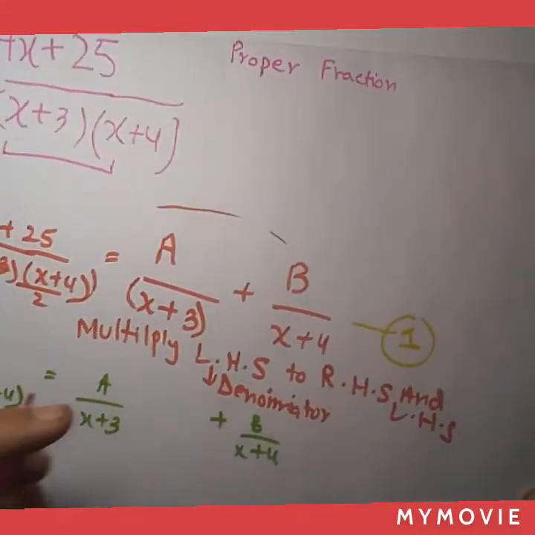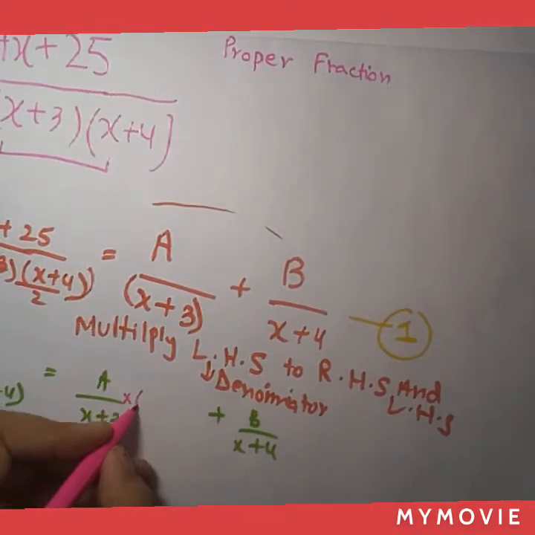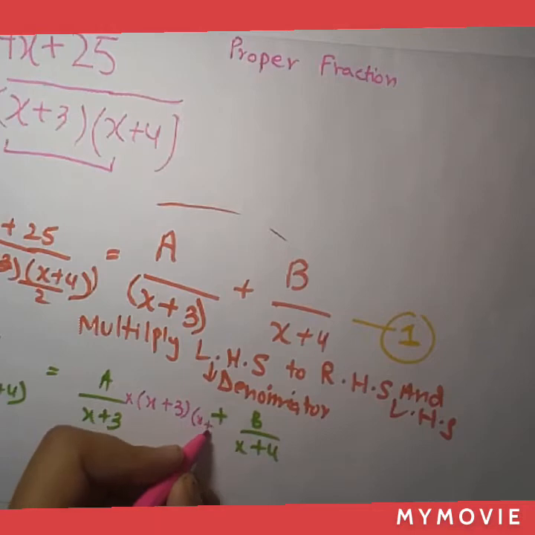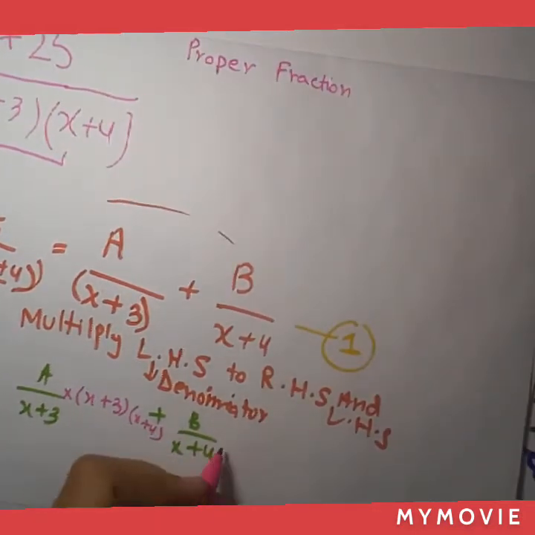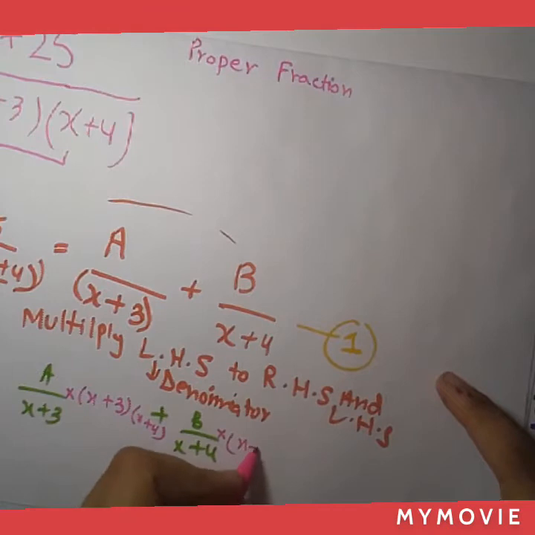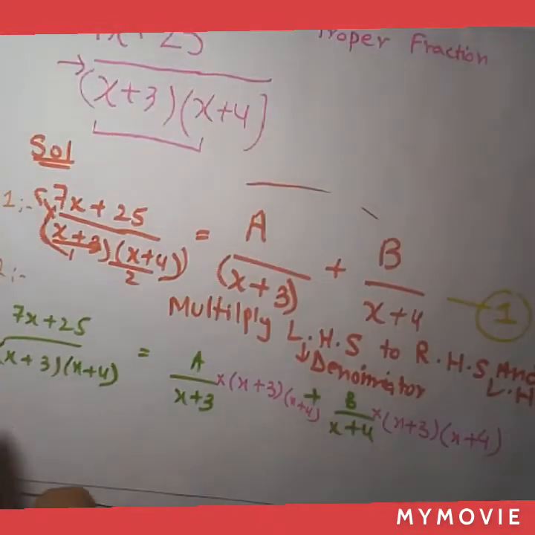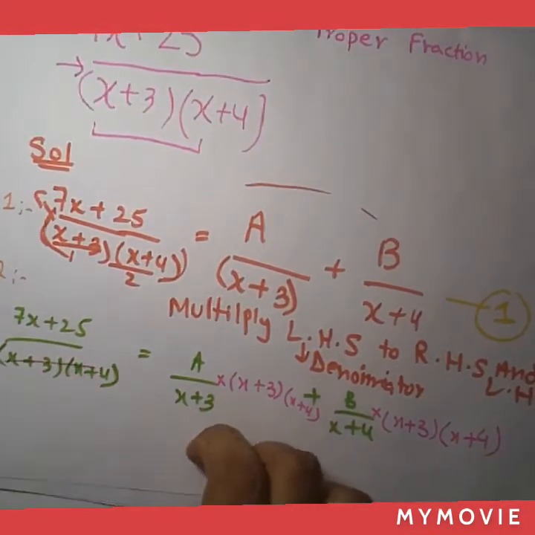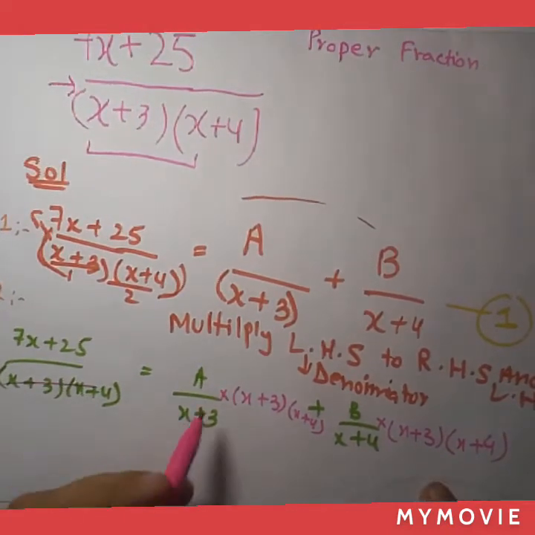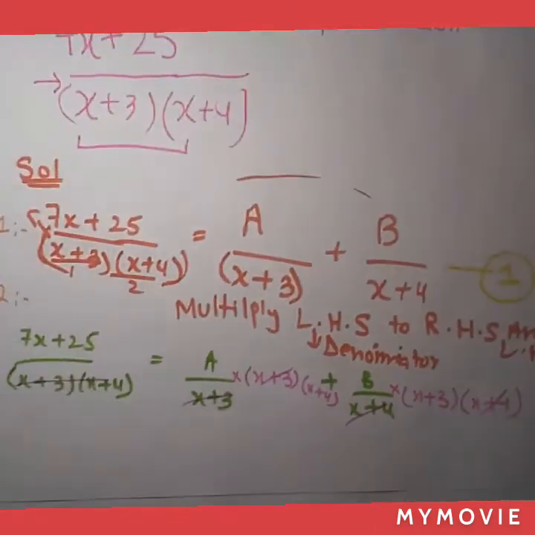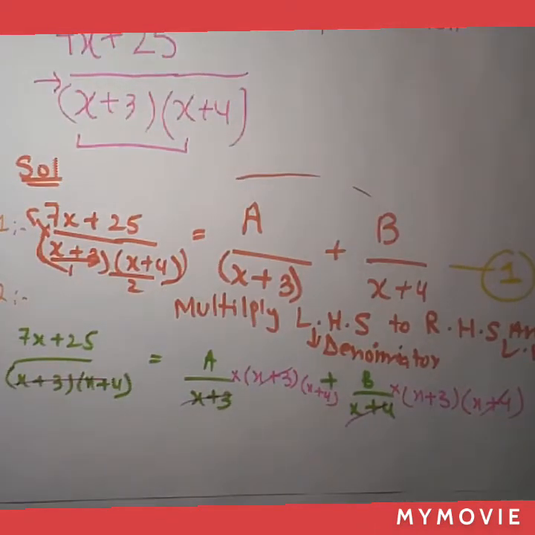Multiply. And what are you doing in the paper? You have to write it. You can show multiplication by a dot or a multiply sign, it's up to you. After multiplying, this term and this term are the same, so they cancel out. Same terms cancel out when they are in opposite operations of division and multiplication.